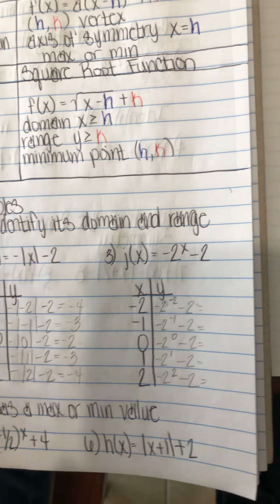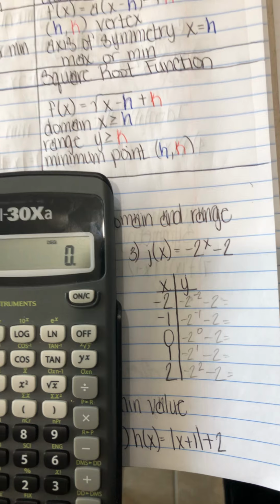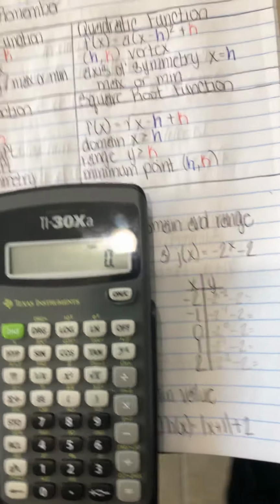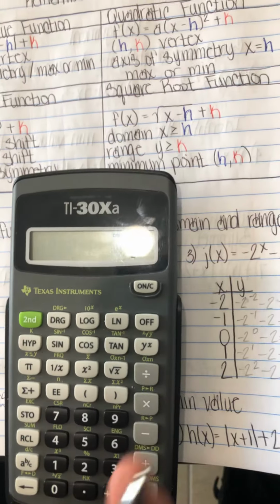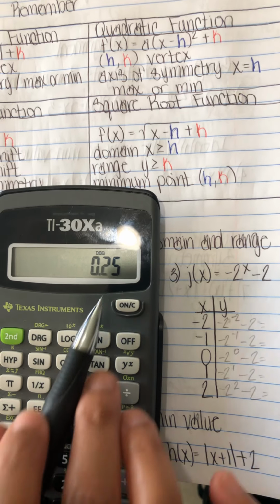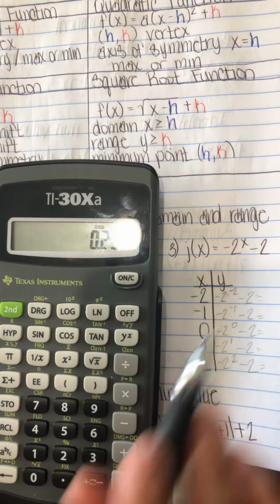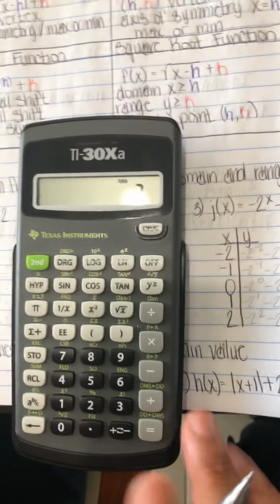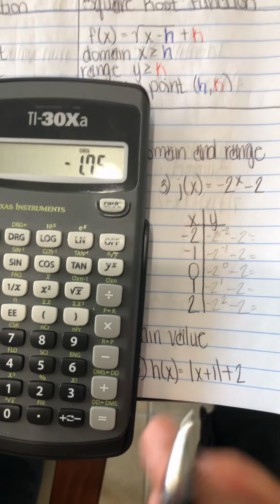All right, so now I'm going to grab my calculator. Remember how I told you how to do this? I'm going to put in 2 negative, hit the function button, and then put 2 negative again, and it gives me 0.25. I need to subtract 2 because that's what it says, and it gives me